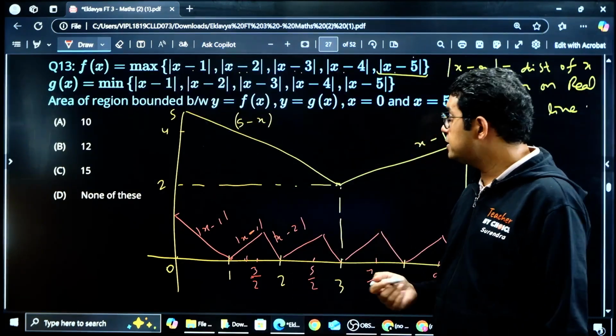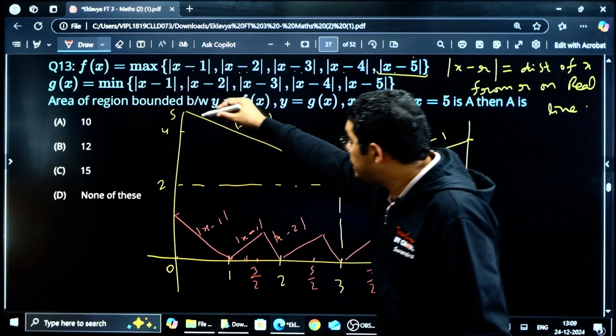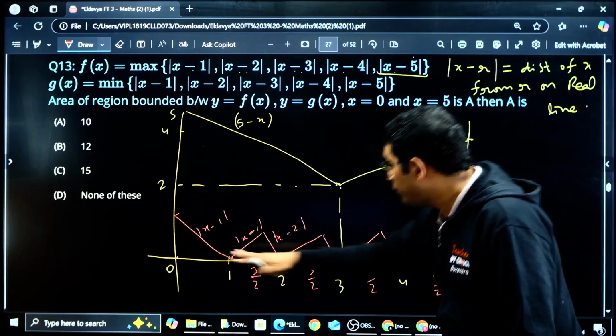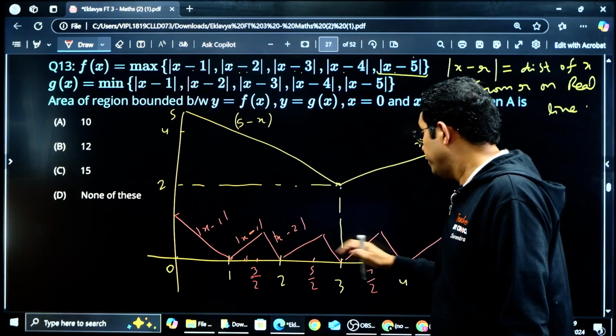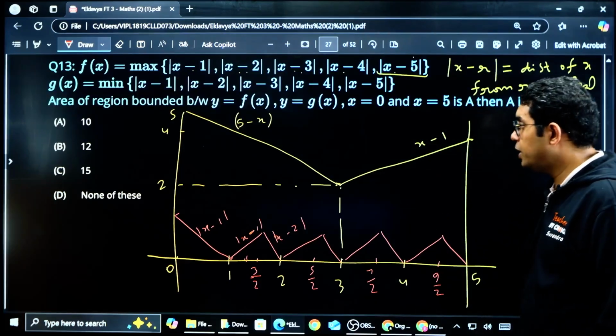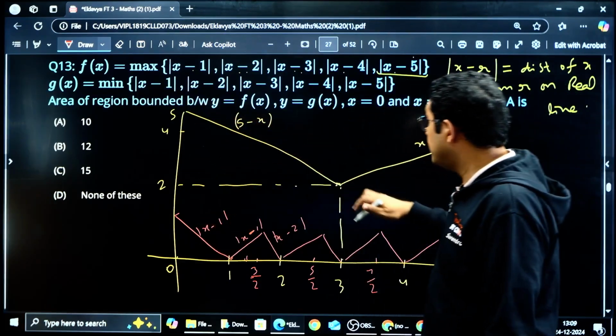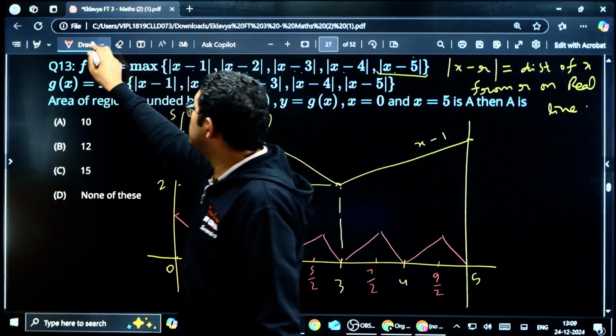I think there are two things that we need to calculate. One is the area of this f(x) with the x-axis, and then the area of this g(x) with the x-axis, and we can subtract that. Okay, now to find the area by f(x), I think it is just